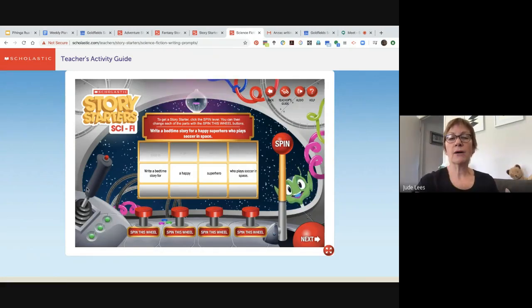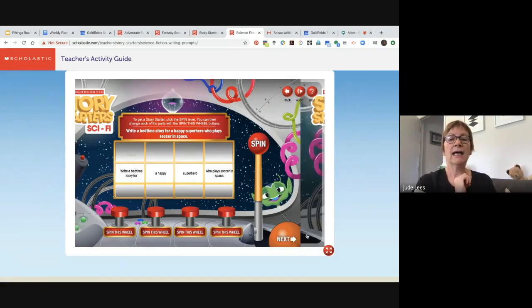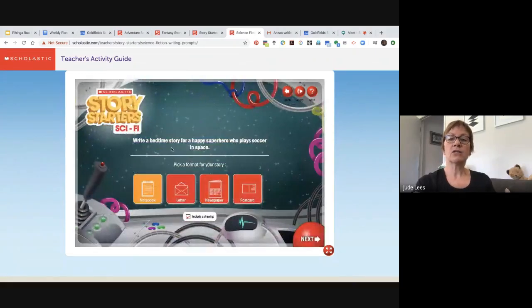So this is where we go. There is a button down here that says next, so we click on that, just below the little alien. And on the line, it tells us, write a bedtime story for a happy superhero who plays soccer in space. I could use a notebook, write a letter to someone about this, write something for the newspaper, or send a postcard. So today I'm going to choose notebook. Down the bottom, it asks if I would like to include a drawing. So I've put a tick in that box, so I can show you the drawing tool that goes with this as well. So we'll click on next,